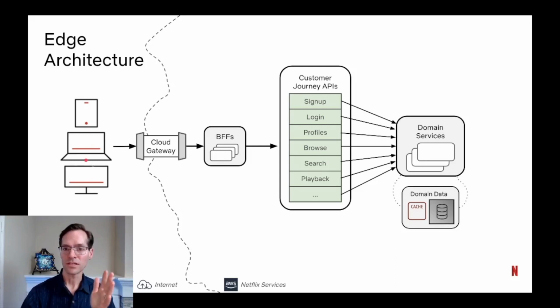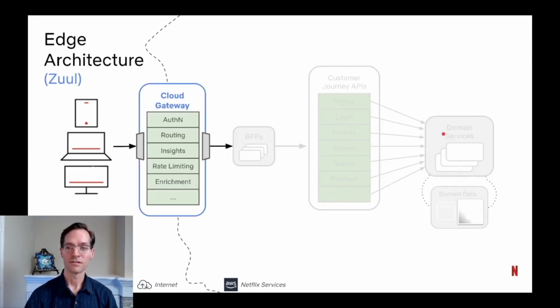Requests from these devices enter through the cloud gateway. They go through a backend for front-end layer, abbreviated BFF, and onto a suite of customer journey APIs that provide the functionality for all parts of the customer journey. After that, we have domain services and domain data systems that are responsible for implementing the business logic for each part of the experience. Now, if we go one step deeper on each of these layers,